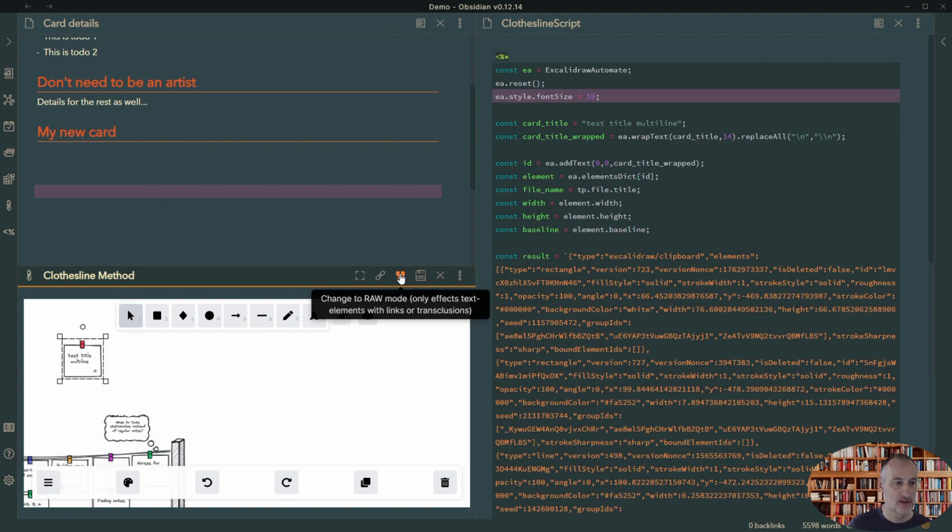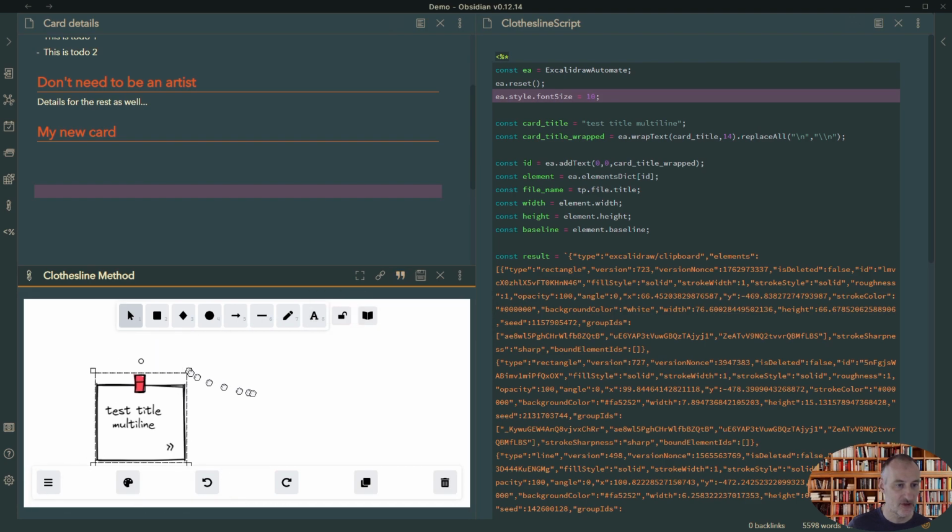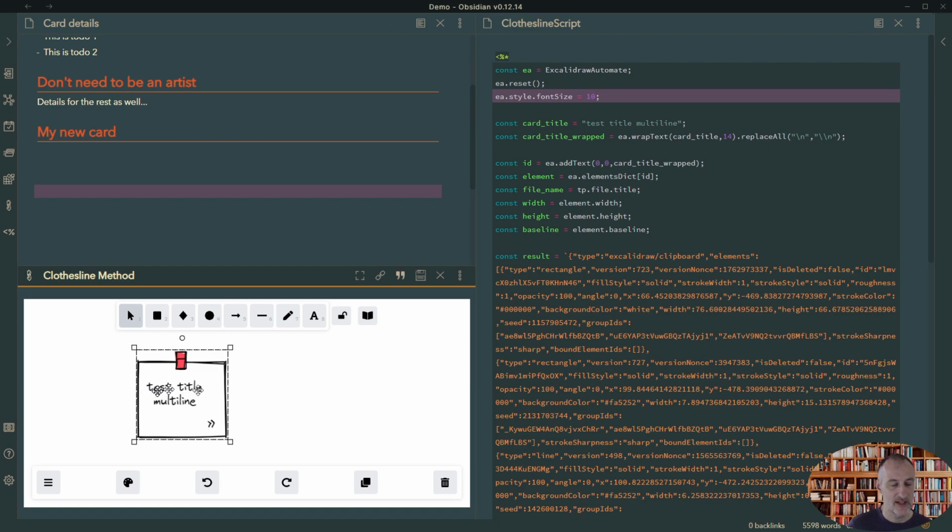It's not perfect, but is it not perfect? No, it's actually surprisingly good. So that's our test title multi-line, and there's our box. We can play around with the positioning of the items. That could be done. For the time being, I think I'm going to be happy with this and move on